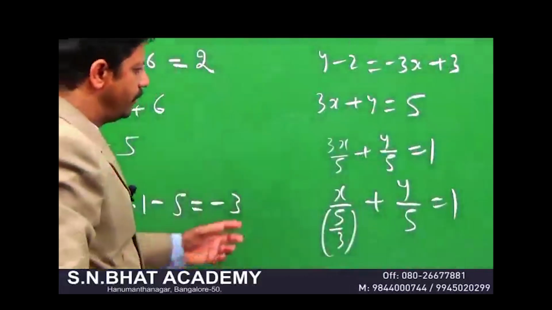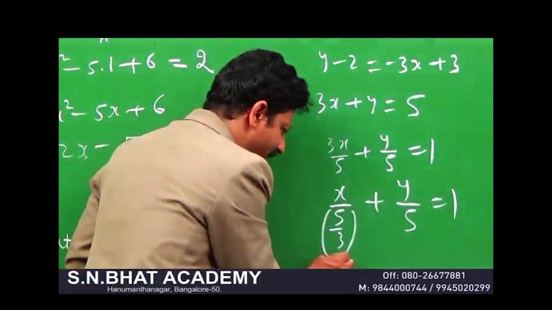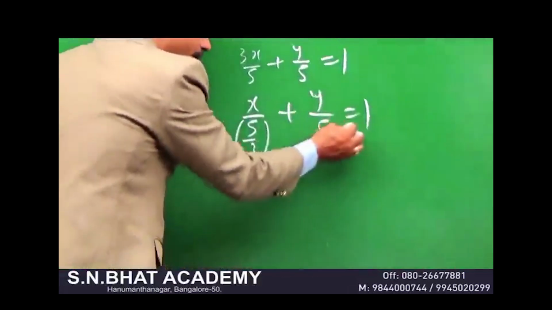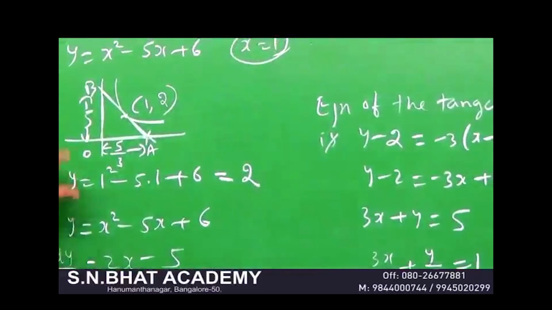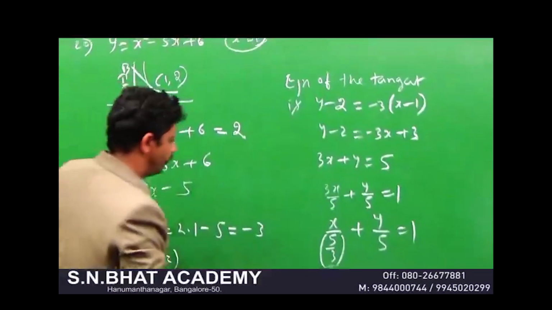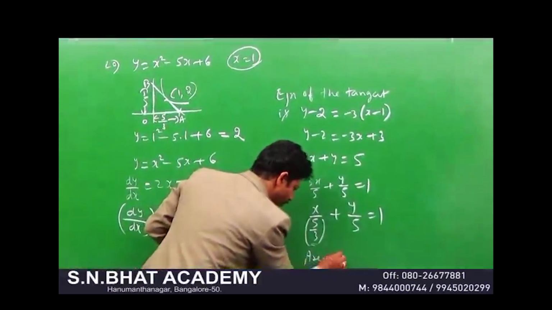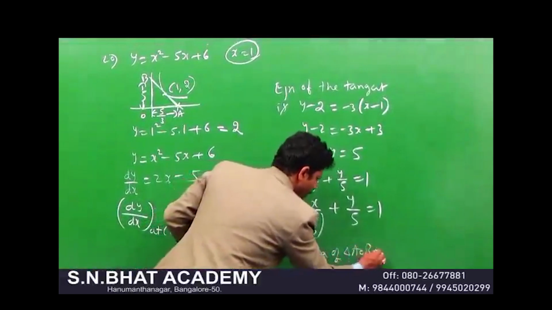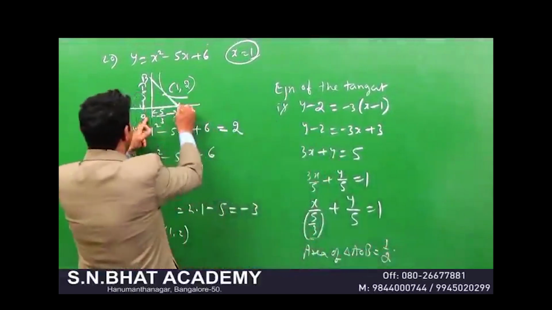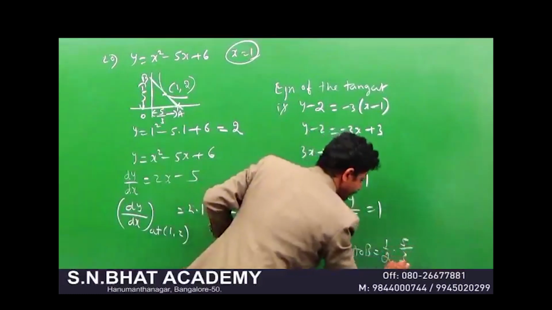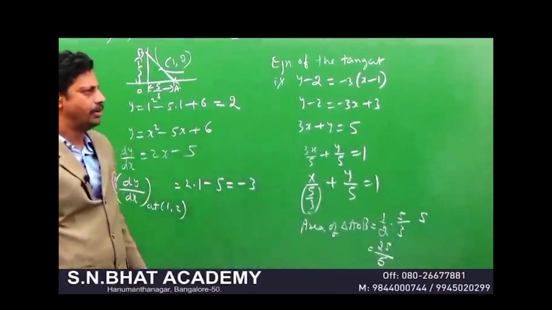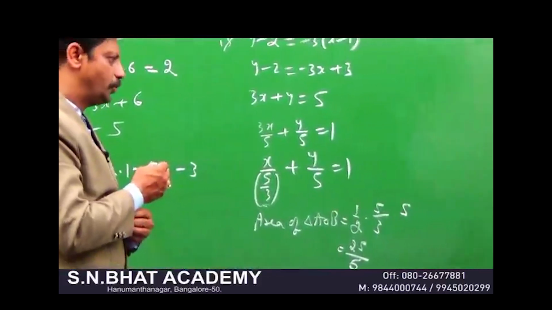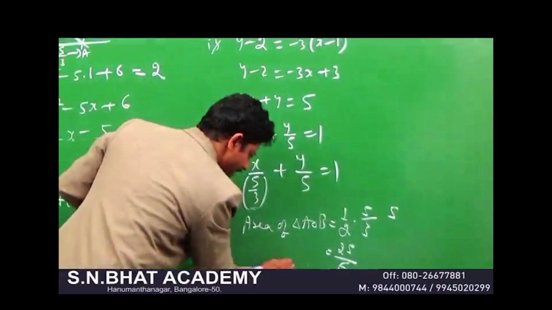So this is again in the intercept form. So this is a, this is b. So x by a plus y by b is 1. This is a. That means this length is 5 by 3 and this length is 5. Now the area of the triangle is given by half of base into height. Therefore the area of triangle AOB is equal to half of base 5 by 3, height 5. So that turns out to be 25 by 6 square units, and which is option number 2. So for this problem, the right answer is option 2.